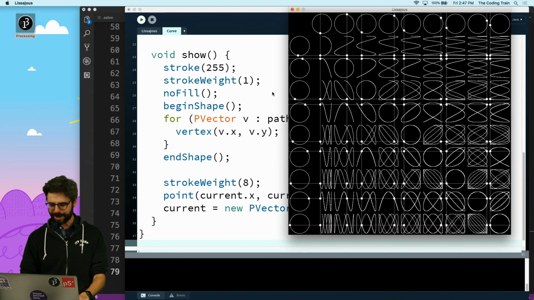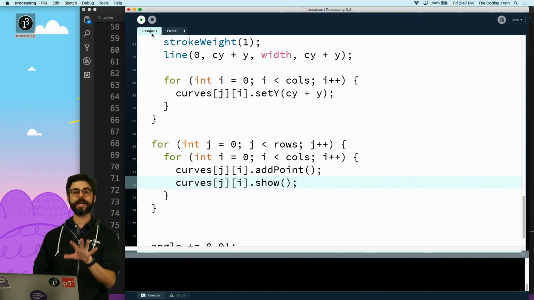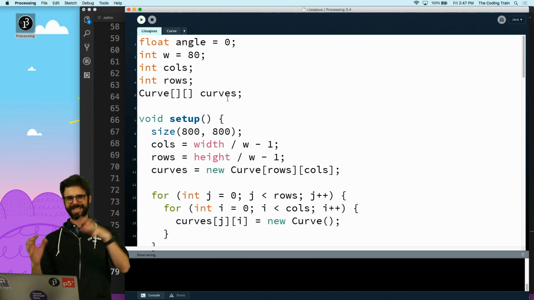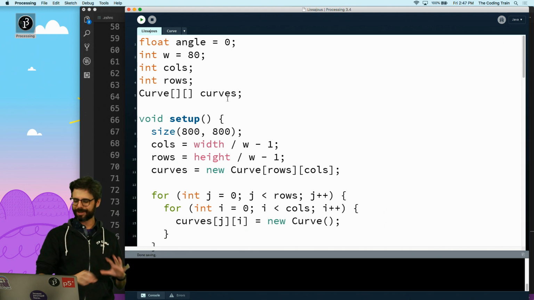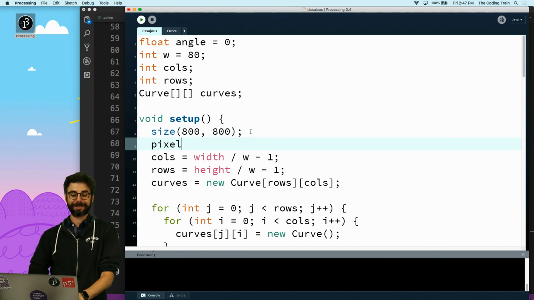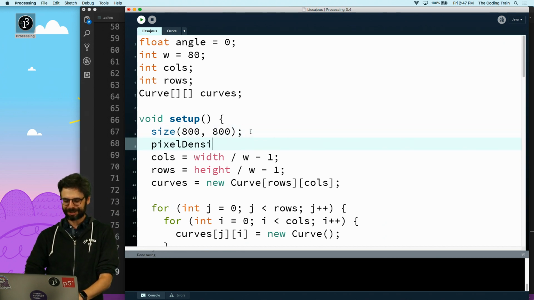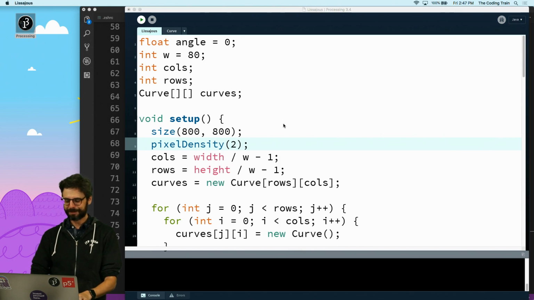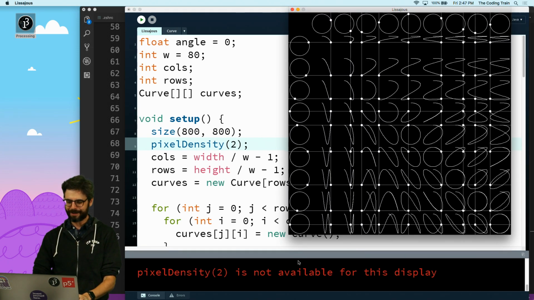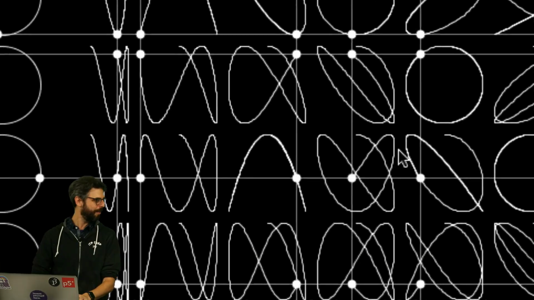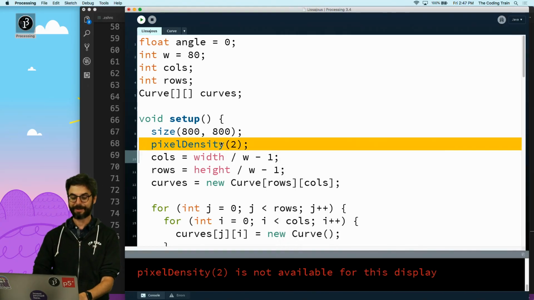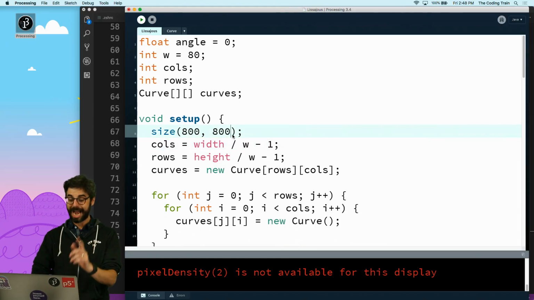That's nice. I don't know if this is going to matter, but I'm on a high density display here. It's being captured with a green screen, so I don't know if this is going to do anything, but it'll look nicer for me. I'm going to change the pixel density of this sketch to 2. Not available for this display. So that doesn't make a difference. I would have to unplug it so you can't see it, but that's fine. I am going to use, though, the P2D renderer